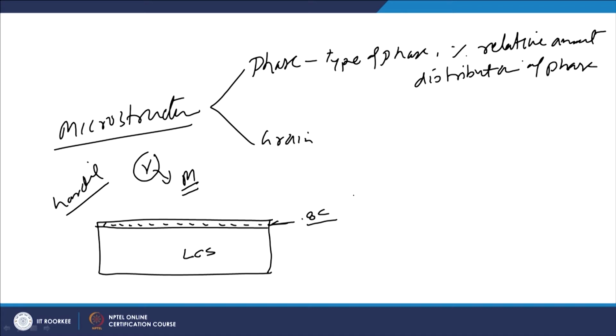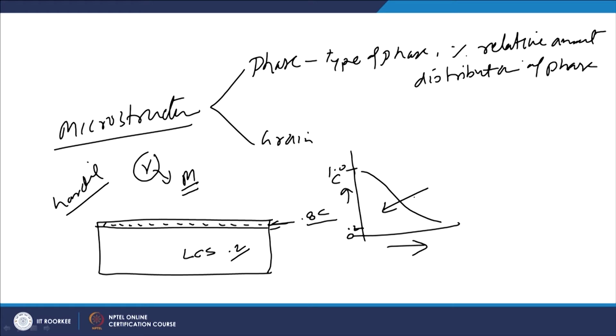Since the carbon concentration varies from the top surface to the substrate layer, carbon concentration may vary like this. The carbon concentration may be very high at the surface layers, and it will be decreasing, like say 0.2, which was already there in low carbon steel, and like say this is about 1% carbon. Since the carbon content is decreasing with the increasing depth, accordingly the phases which will be formed at the different zones, with increasing depth below the surface, will also be changing.